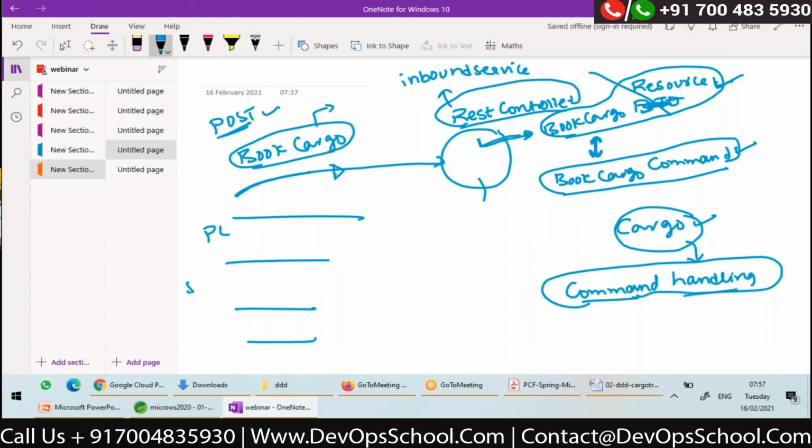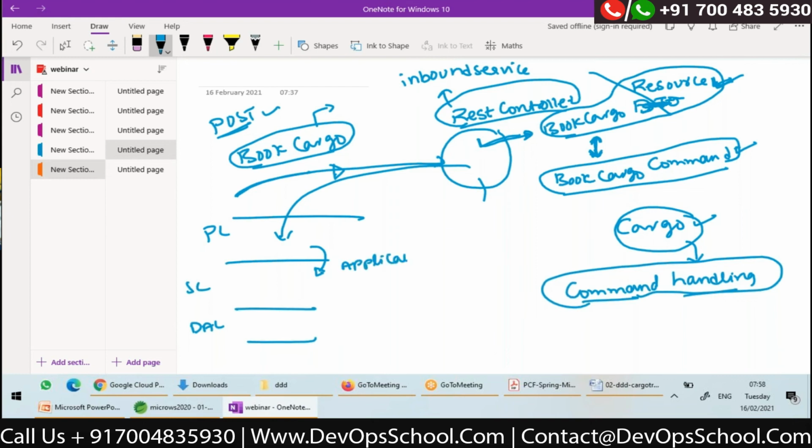See, we'll have layers, right? Presentation layer, service layer, and repository layer or data access layer. So the REST controller belongs to the presentation layer. Now it got a resource. It has to convert the resource to a command, and it has to invoke the logic. So it will delegate to a service, which is nothing but an application service.